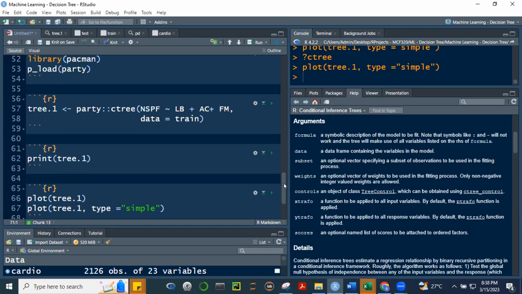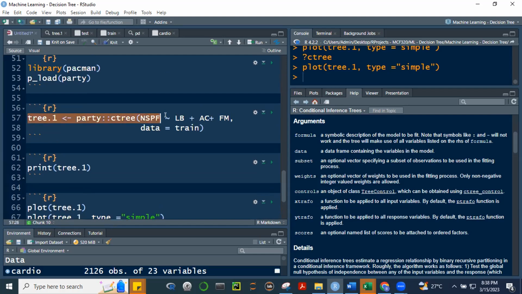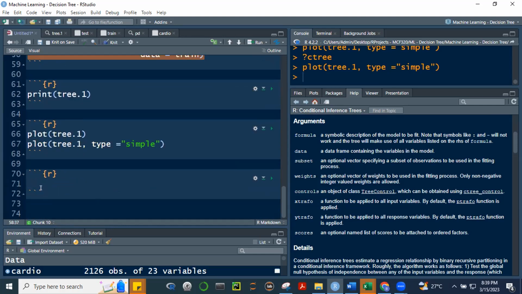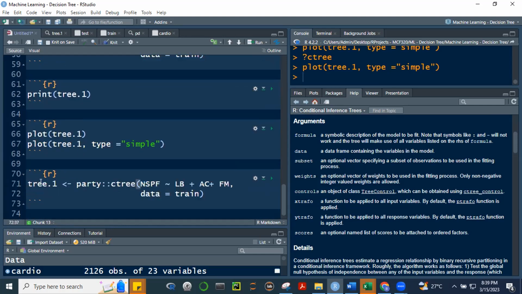Okay, so let's do that. Let's copy our model first. Ito. Let's copy this. Okay, so let's call this, tawagin na lang natin 3.1a. Okay, and then, ilagay natin dito yung controls, no? Ano yung function niya?